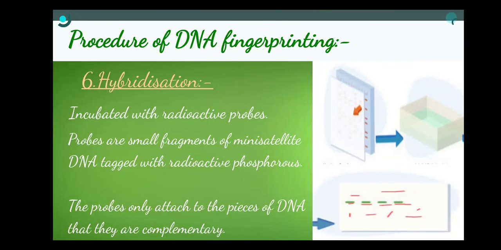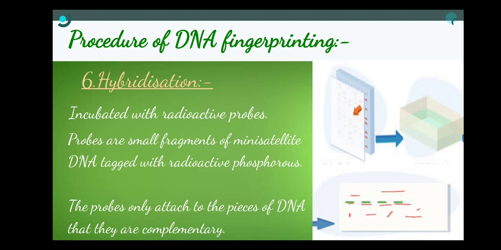After Southern blotting, we will go for the hybridization. Why do we need hybridization? As we know, the single stranded DNA fragments get attached to the nylon paper, so we get the strands. After that we add some probe. What is a probe? It is also a single stranded DNA having some radioactive element in the segment, so that is why it is called a probe, but it is also a DNA segment, which is complementary to the DNA segment attached to the nylon paper.